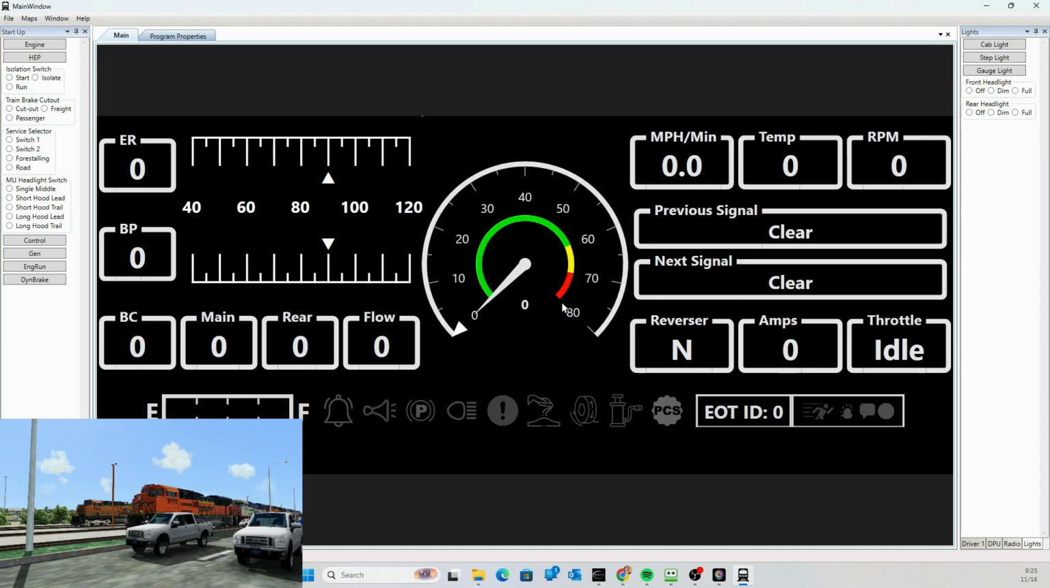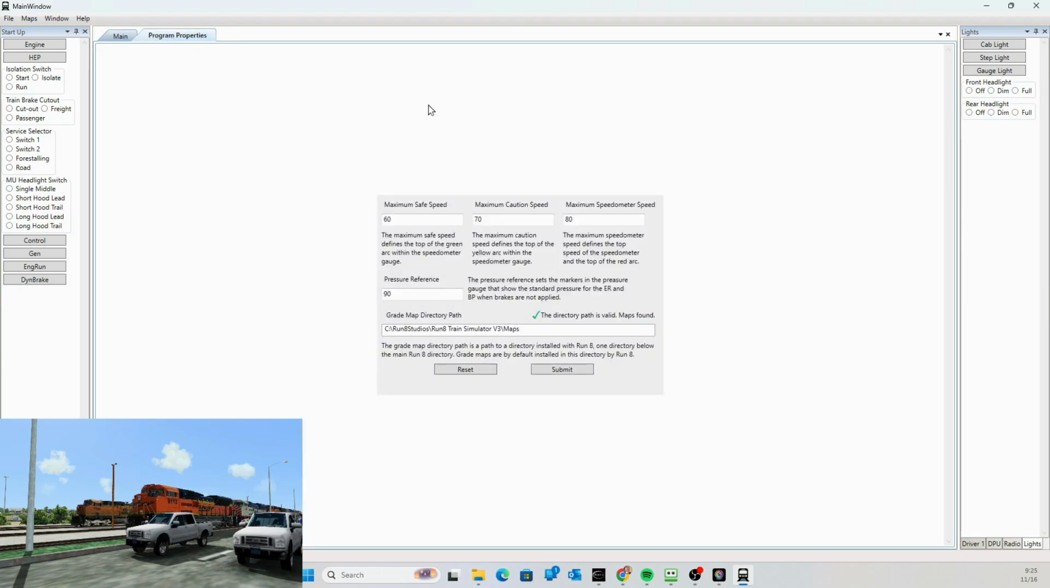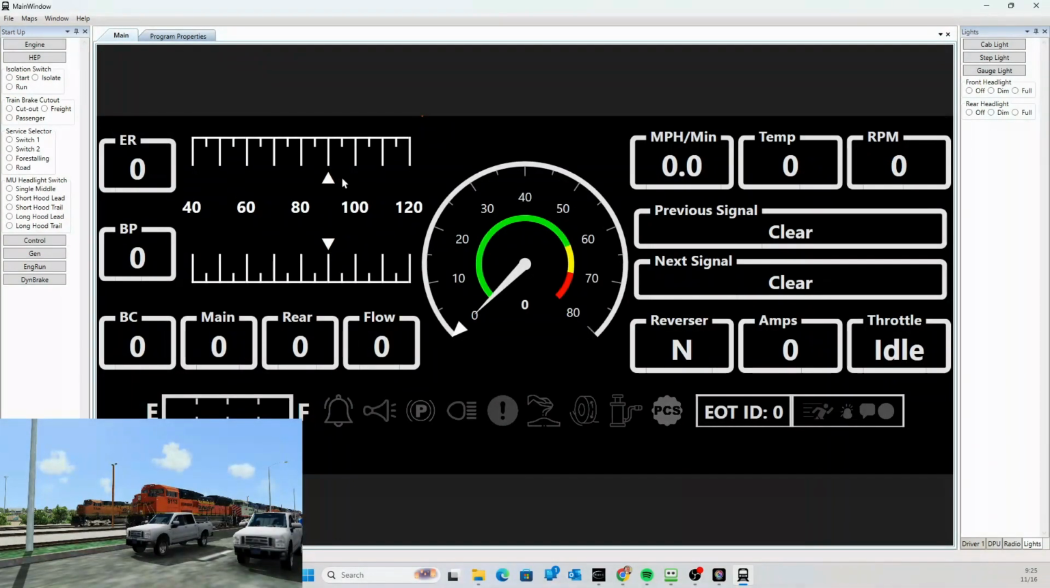The maximum danger speed is arbitrarily set to 80. You probably want to set that to the maximum speedometer speed. And that also is one of the settings here, maximum speedometer. As a matter of fact, the maximum speedometer and the maximum danger speed are the same. They'll always be the same value there. The pressure reference sets this little triangle here for your brake indication,